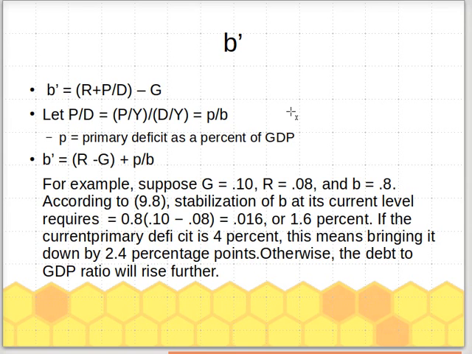Given that B prime is R plus P over D minus G, we will try to break this down. Let us use a new notation called rho for the proportion of primary deficit as a part of the GDP. If we rewrite P over D as rho over B, this is what we ultimately get. This is the crux of the vlog. So what happens if the government should bring the fiscal deficit under control? Let us say that it doesn't want to see any growth in B, and if it has to maintain